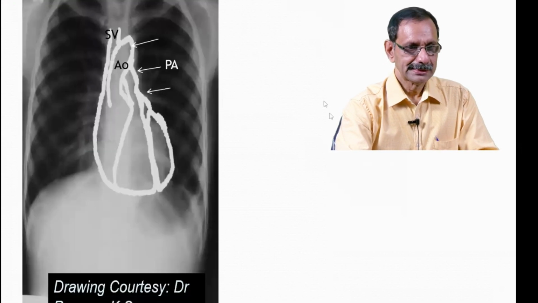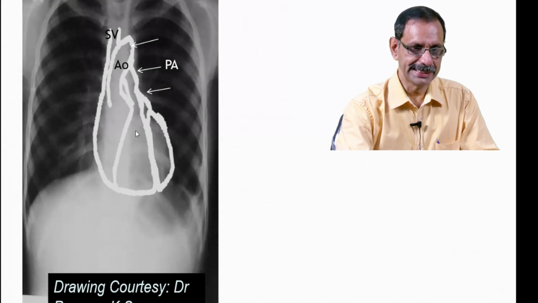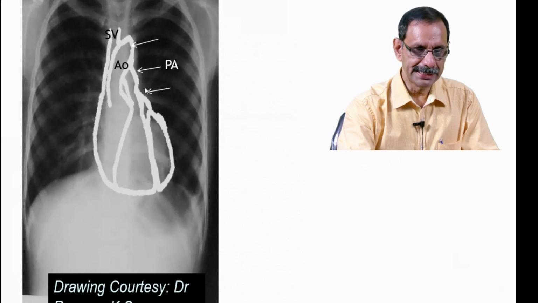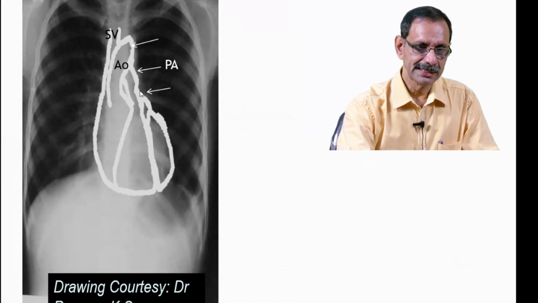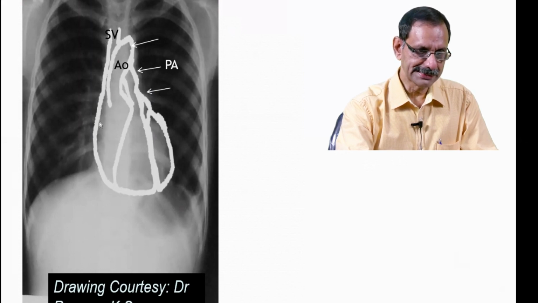See, this is the superior vena cava coming, and this is the ascending aorta going on, becoming the aortic knuckle and going down as the descending aorta. And this is the pulmonary artery, and this is a concavity that is normally present, and if the left atrium is enlarged, the appendage may fill this concavity. So normally this is concave. It gets filled up only if there is a left atrial enlargement. And this is the right atrium.